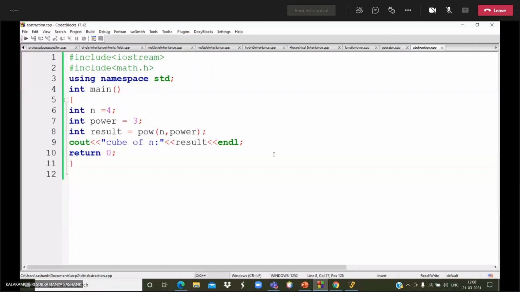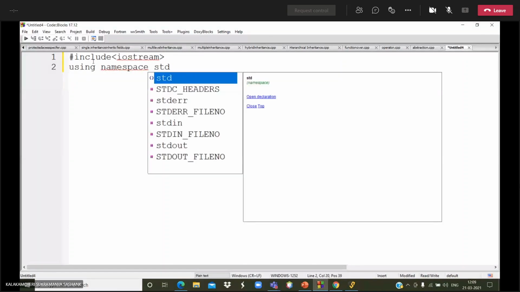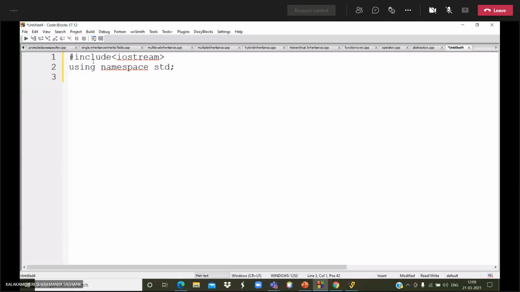Abstraction using namespaces means, see, I am abstracting the namespace.